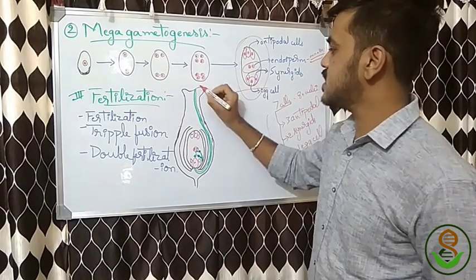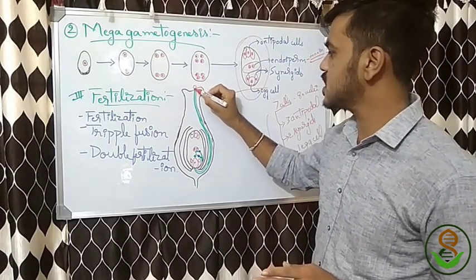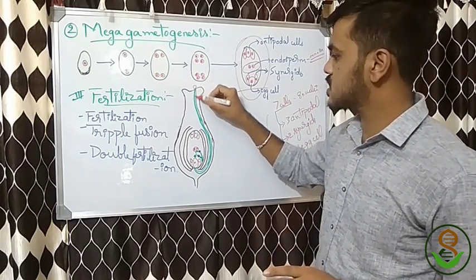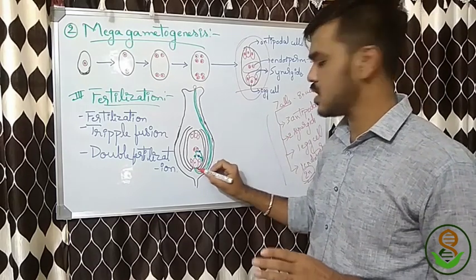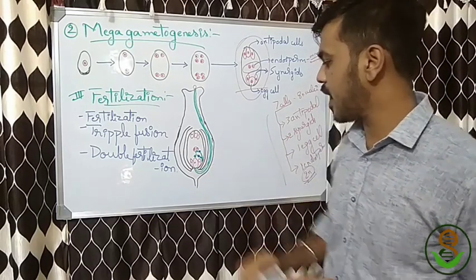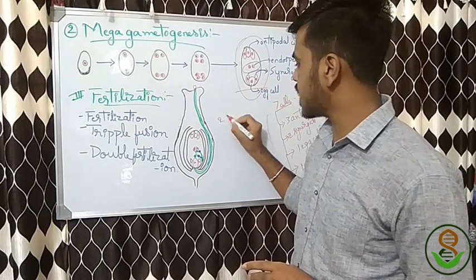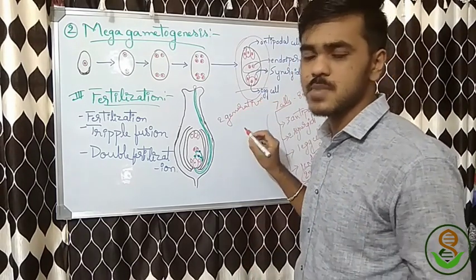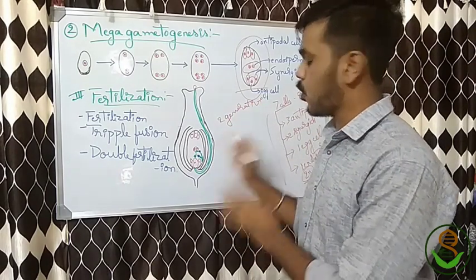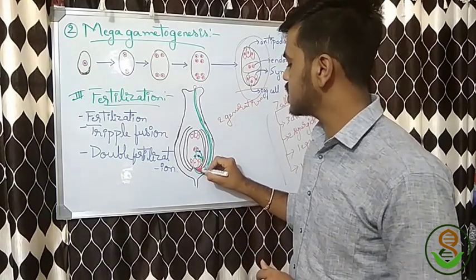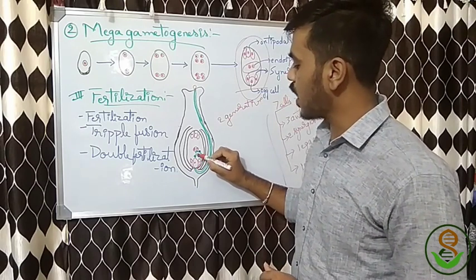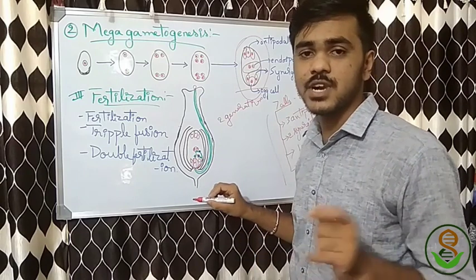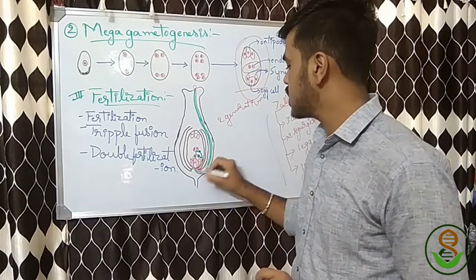Okay, I said the pollen will come here. It starts to develop, in green what I drew, a pollen tube. It starts producing a pollen tube and it reaches the micropyle end. This is the micropyle end, and here are the 2 generative cells. The 2 generative cells carried by this pollen tube will enter here. See, 1 generative cell will fuse with the egg cell. That is the fertilization process. That is the formation of the zygote here.